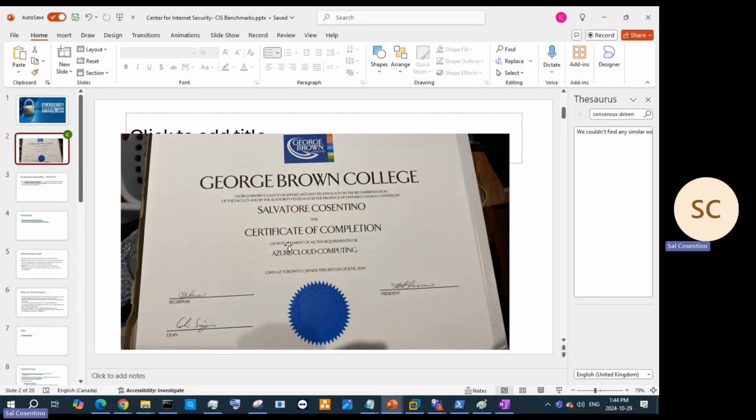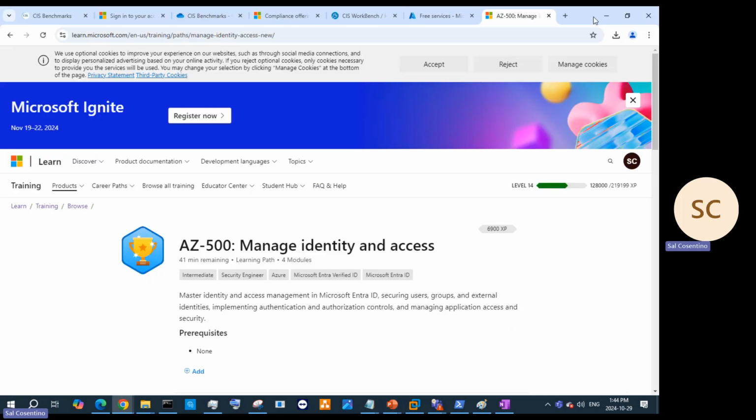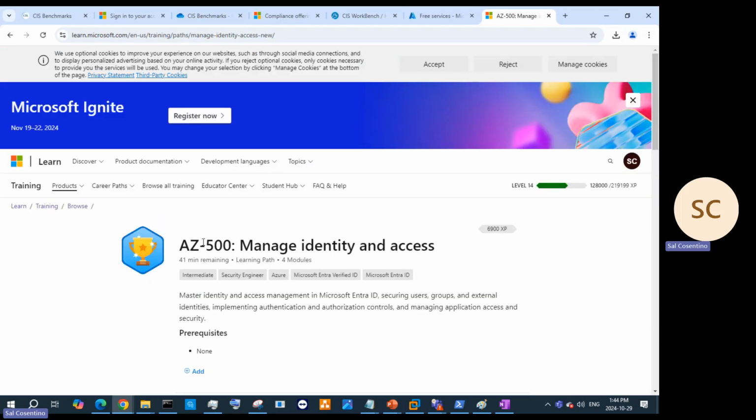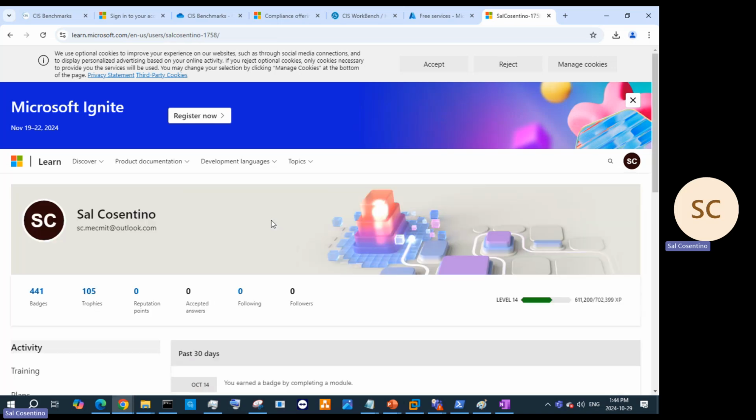You can see there's my diploma that I just completed recently. I'm fully cloud computing. That includes the AI, AZ 500, cybersecurity 900 and 104. So this one here, if I go to completed, I think I go here. I think it's here. It's been a while since I've been here, but if I go back to achievements,